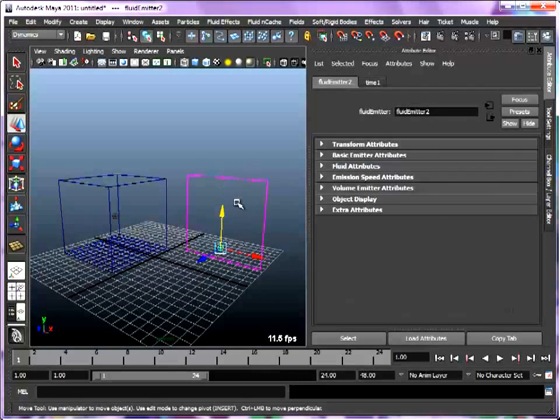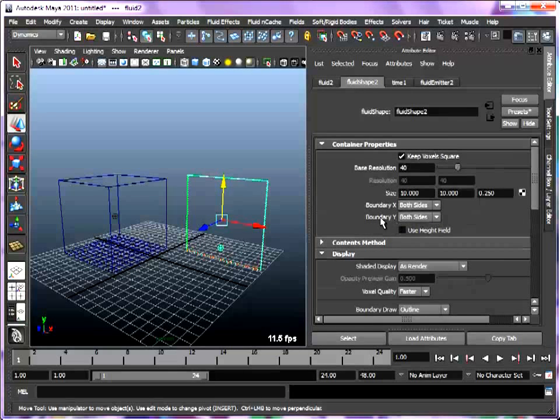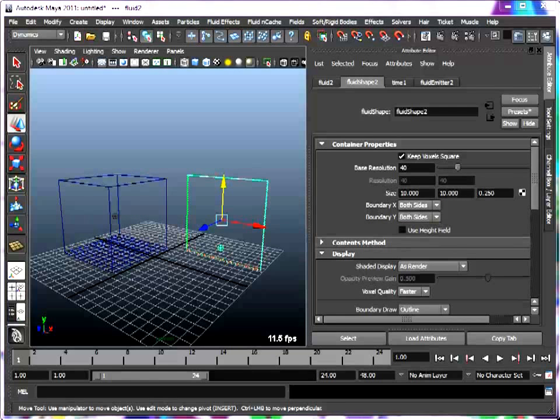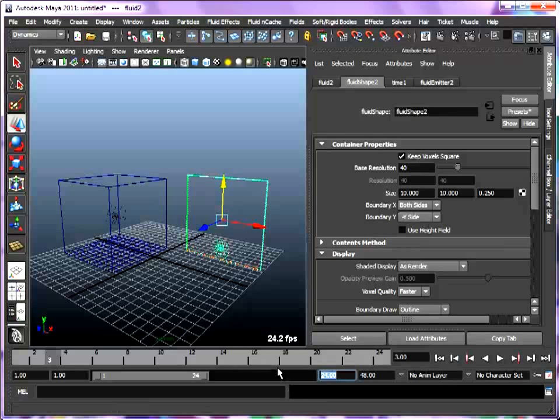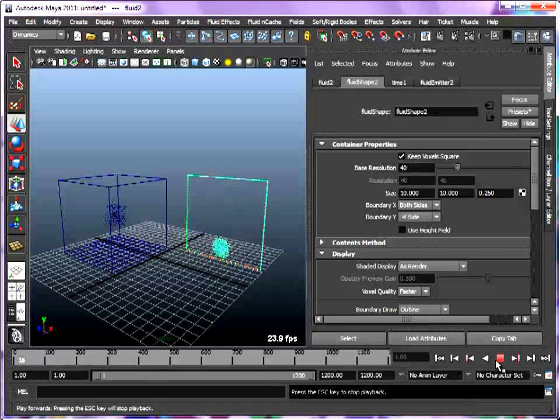Alrighty, next we have the boundary X, Y, and in the 3D container's case, boundary Z also. The boundary attributes control the way the solver treats property values at the boundaries of the fluid container. Now if I set boundary Y to -Y and play my simulation,